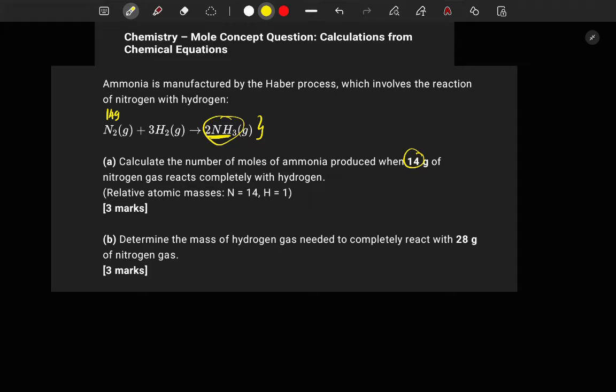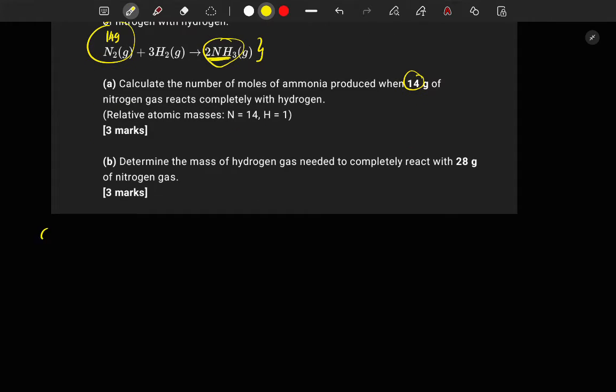So step 1 is, if we know the number of moles of nitrogen, we can further find the number of moles of ammonia. So step 1, we find the moles of nitrogen. The moles of nitrogen is equal to the mass of nitrogen over the molar mass, MM, of nitrogen. The mass of nitrogen given here is just 14 grams over